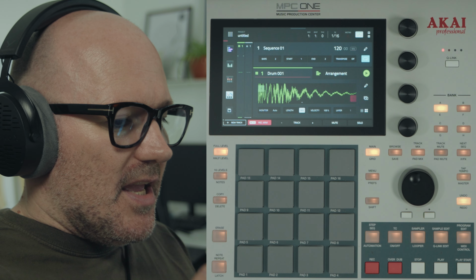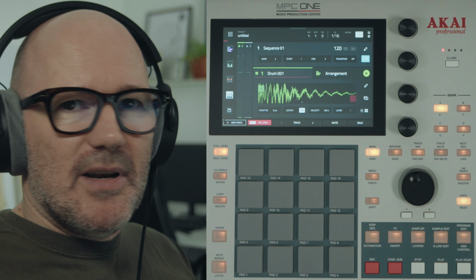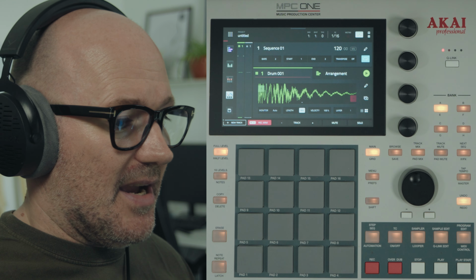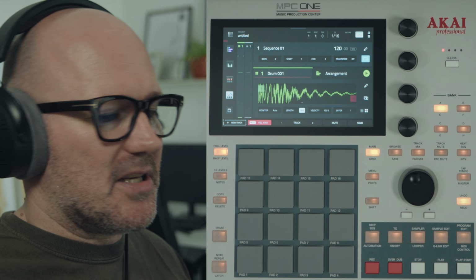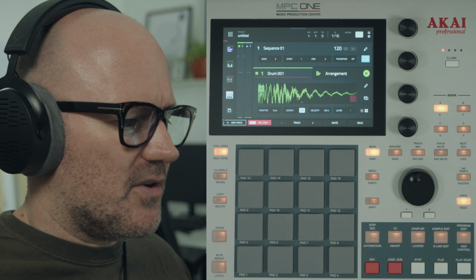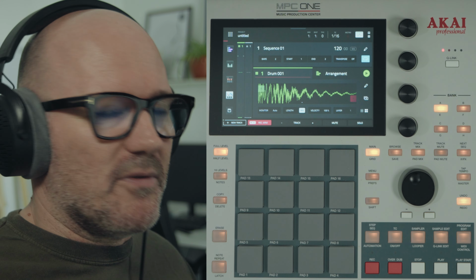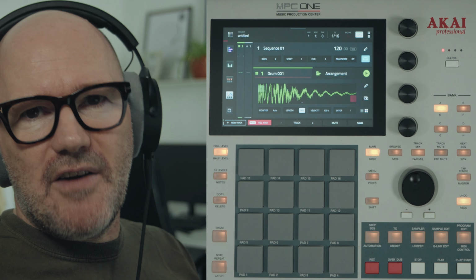Now, here's where you can run into some little issues. You might save something and it doesn't turn out how you wanted it to when you load it up somewhere else, or you give it to somebody else and they'll go, well, this hasn't got this on it, etc. Now, I explained in my previous video, when you're building drum kits with the intention of saving them, sharing them,